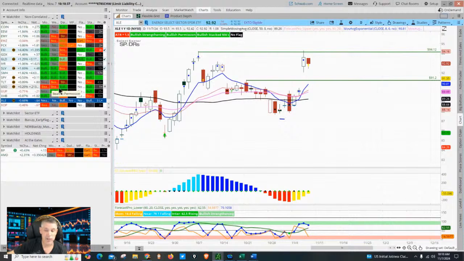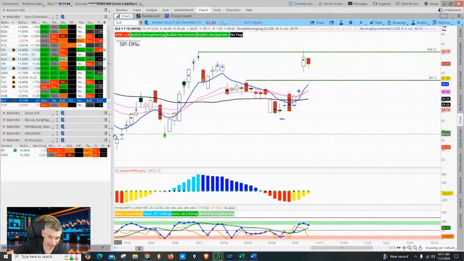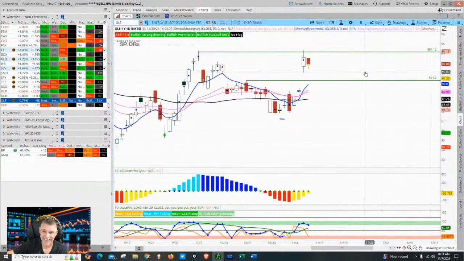Oil is no bias, so guess what? Oil and energy right now, they're not on the same page. And since they're not on the same page, that information tells me I'm not going to go look at my top 10 energy stocks, like ExxonMobil. I'm not going to do it because I need those two to be in lockstep. That's a very important criteria. Andy learned that the hard way some time back. We don't trade the energy stocks when oil and the energy sector are not in line.